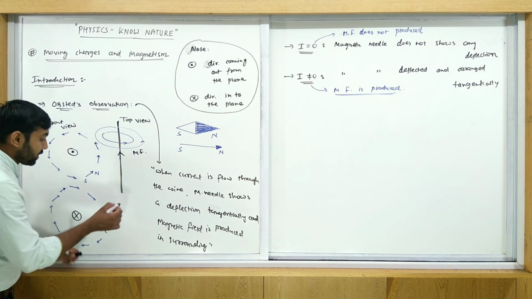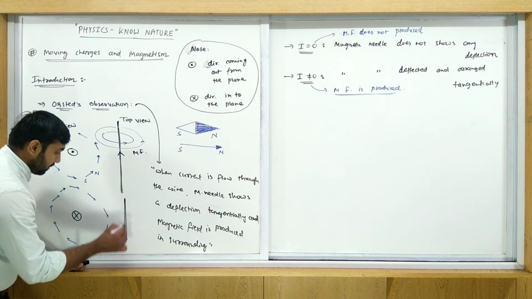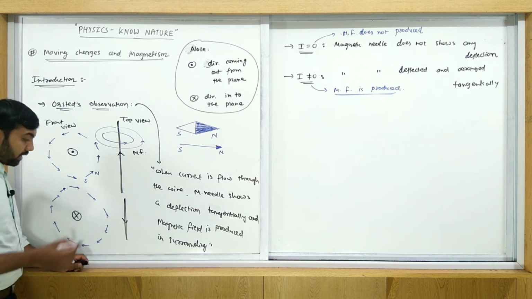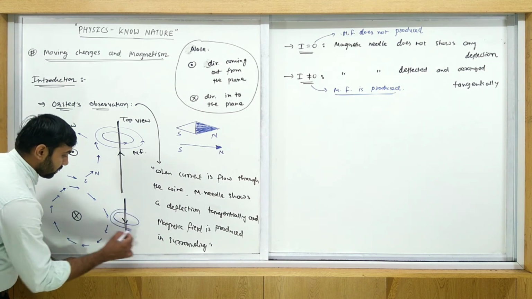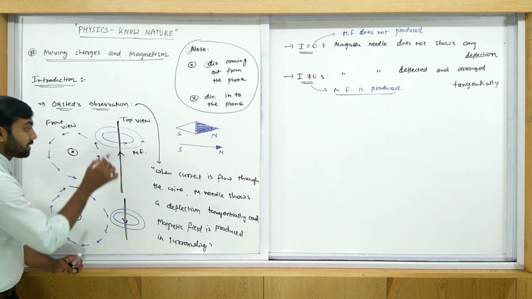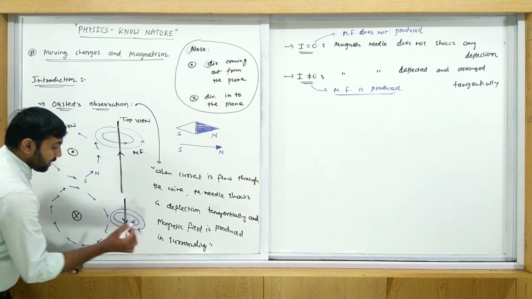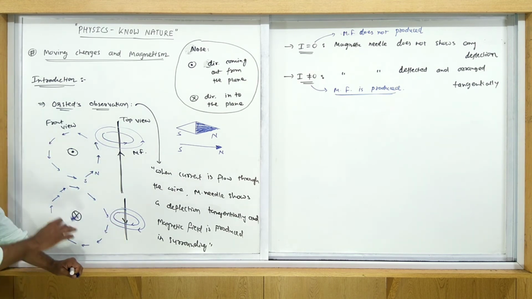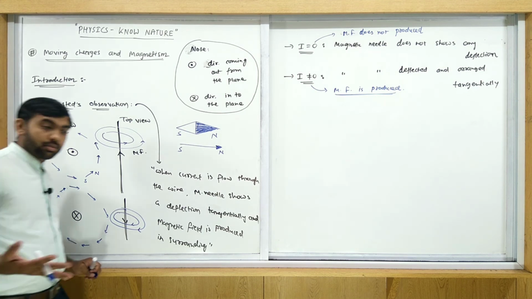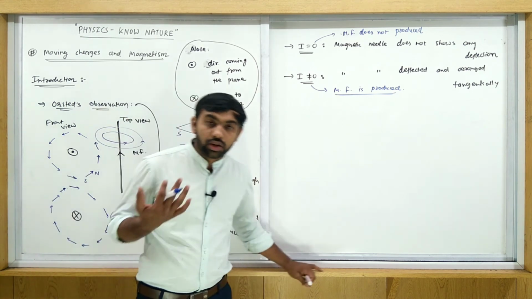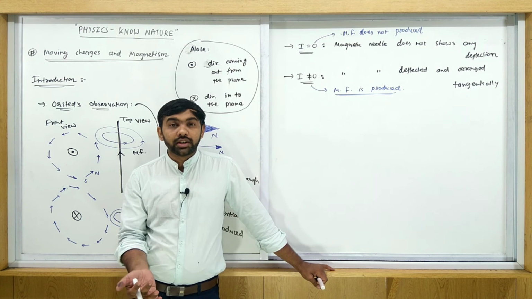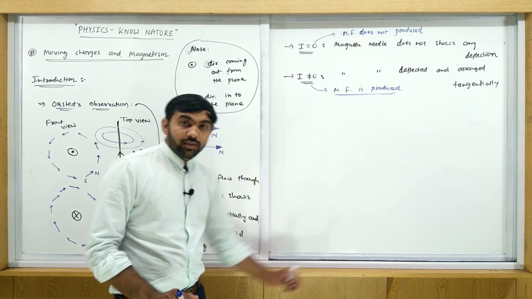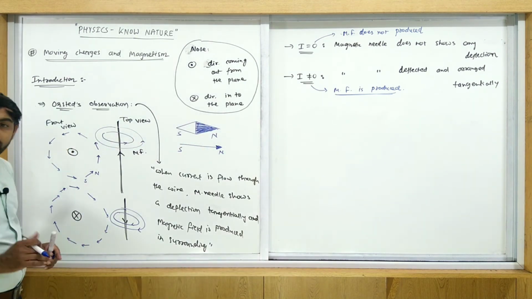So right now if the situation is like this, see, this is the current, and then the magnetic field is changed in this case. Here the magnetic field is like this, then here the magnetic field is like this. So the direction of the magnetic field is also changed. How to find the direction, means how we decide the direction of magnetic field and magnetic force, we will discuss in detail, but later on. Right now you only consider that the magnetic field is produced this way.